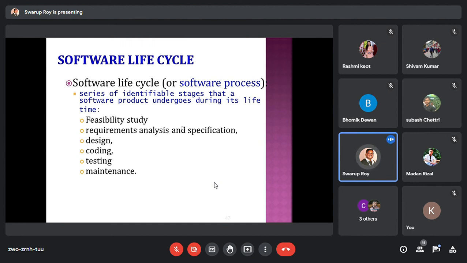That means how the software development will pass through different phases. So that is what we call the series of identifiable stages that a software product undergoes during its lifetime.